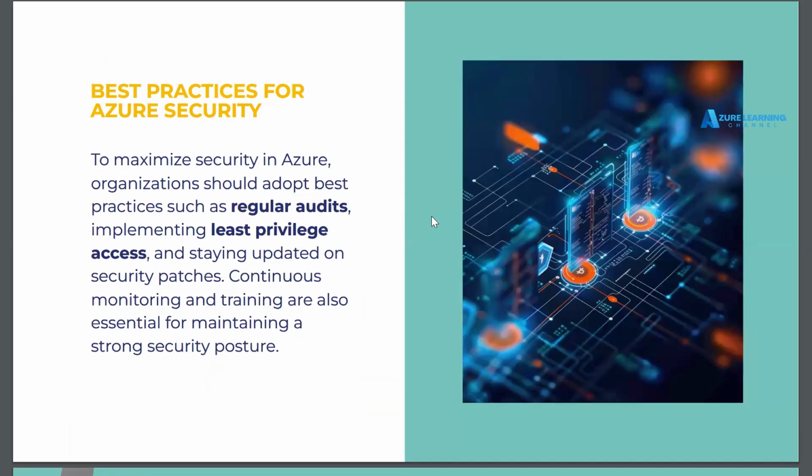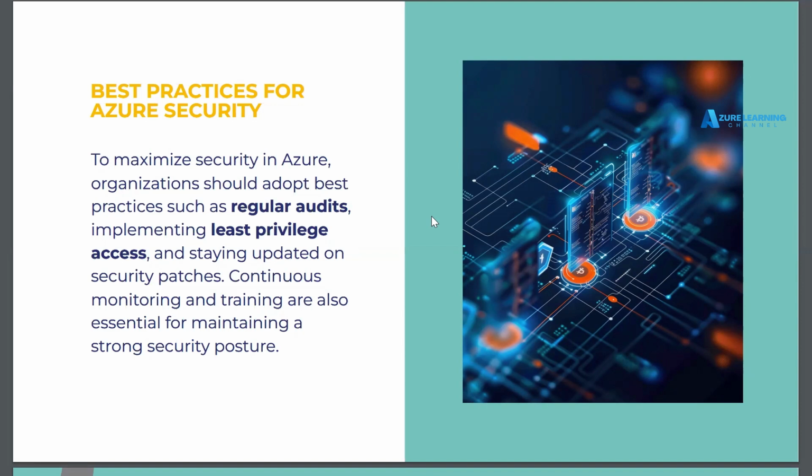Generally, if you want to apply Azure security for your organization, what are all the things you have to do? First, you need to audit the resources or applications. For example, if your client application is running on a server, you need to check the CPU utilization, network out, network in, and the disk read and write operations. You just need to monitor this stuff.